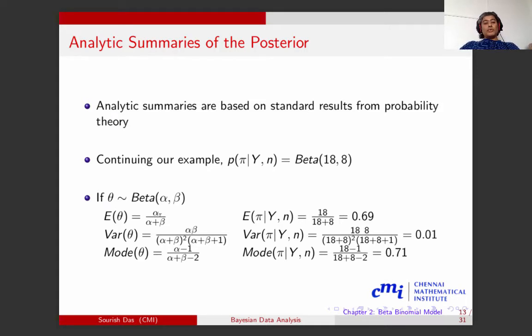All we have to do is plug in alpha and beta, 18 and 8, into these formulas, and that gives us the result. The expected value of pi given the data is 18 over 18 plus 8, which is 0.69. The variance of pi is 0.01 and the mode is 0.71. So we can say that the posterior, or Bayesian, estimate of pi is near 0.7, whereas the frequentist or likelihood estimate will be 17 by 24, which is also near